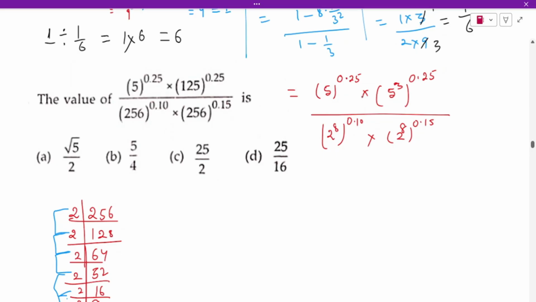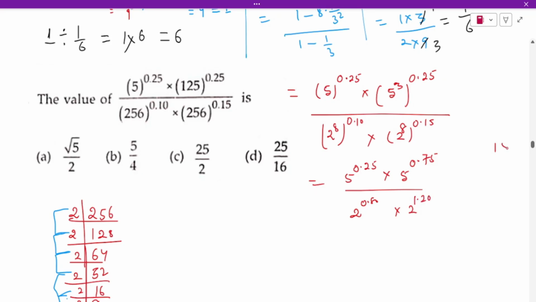Now as the base is same and there is a multiplication, first we need to use the power of power rule over here. That is going to give us 5 times 5 to the power 0.25 times 5 to the power 3 times 0.25, which is going to give us 0.75. In the denominator, 2 to the power 8 times 0.80 is going to give us 0.80, and 8 times 15 is going to give us